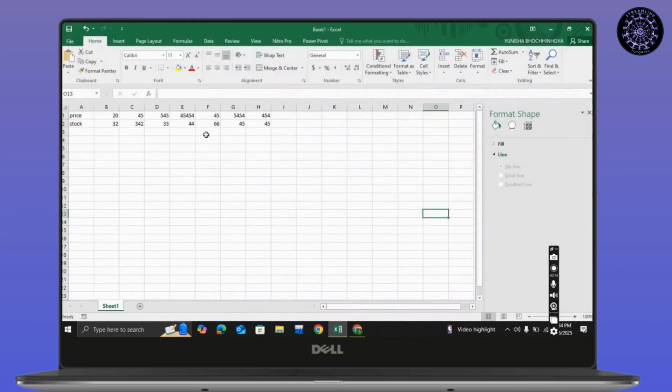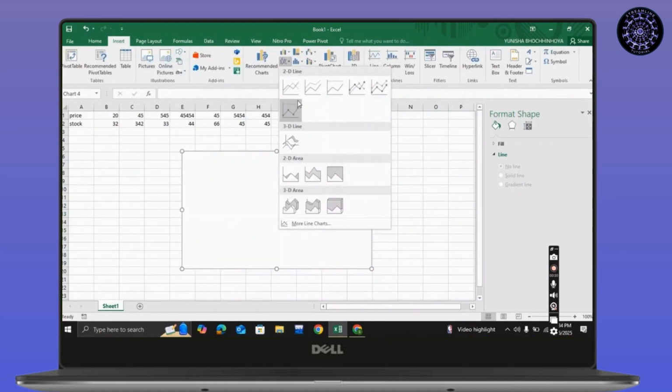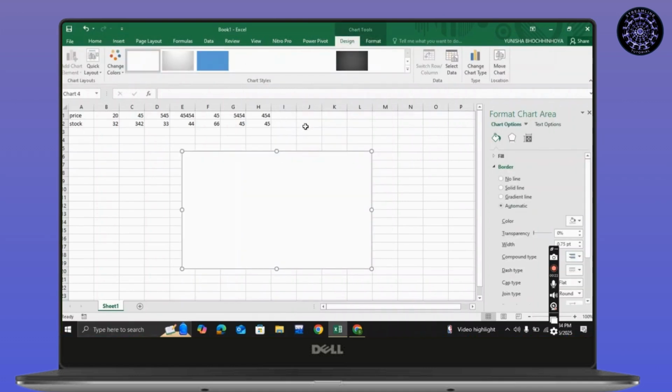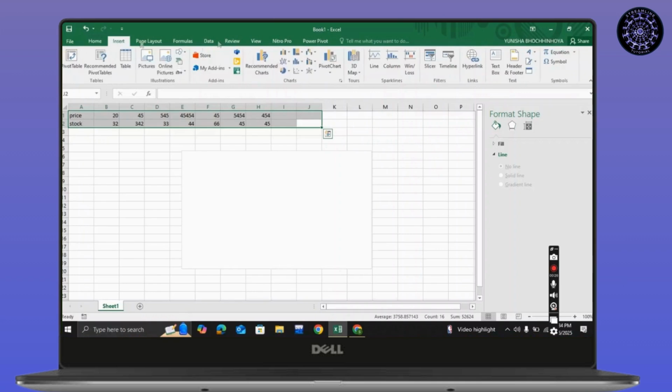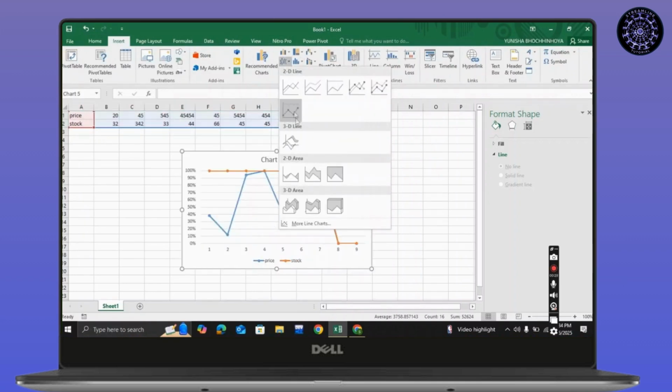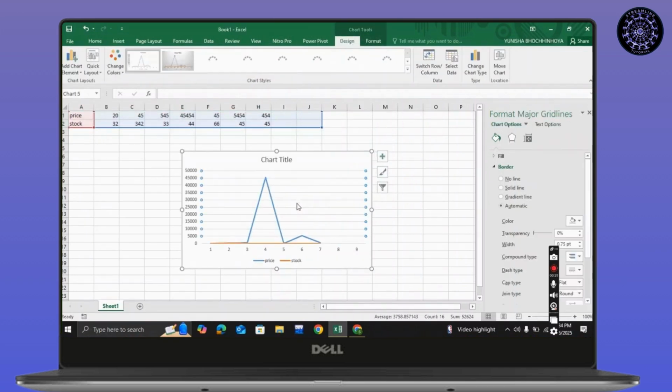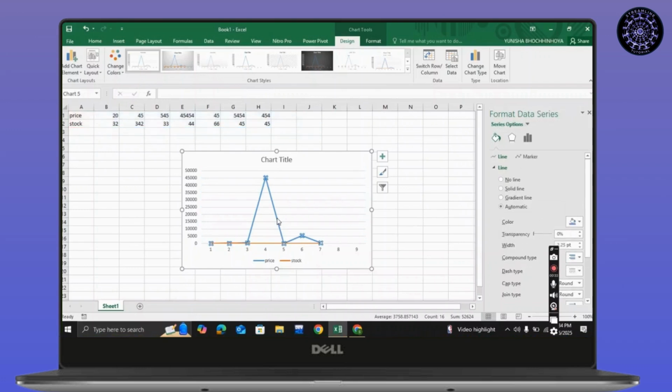First, here you can see I have made an Excel sheet. Go to Insert and then add a graph. Select the data and then create a graph of it. After that, select which line you want to make